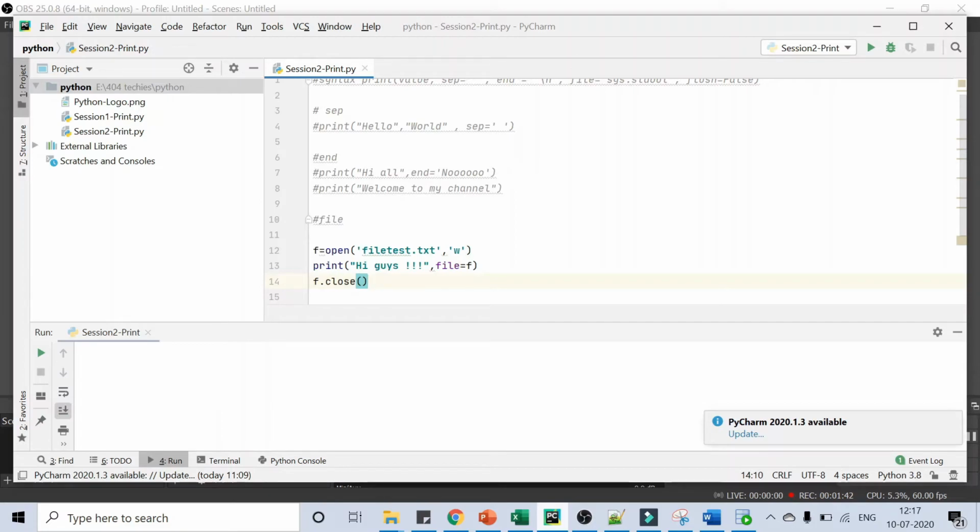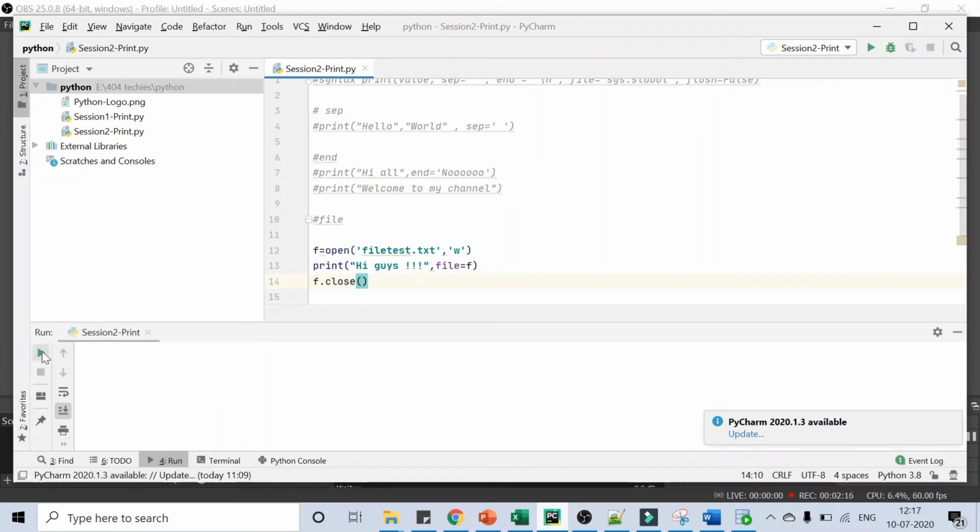So instead of writing our output to the default console, I'm trying to output our data to the file test.txt. If you see here, I'm not giving any path, I'm just giving the file name. If you give it like this, this file will be created in the path where this particular Python file resides, the session2.print folder.